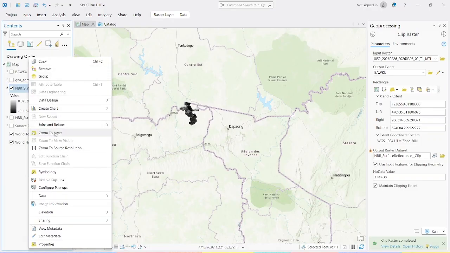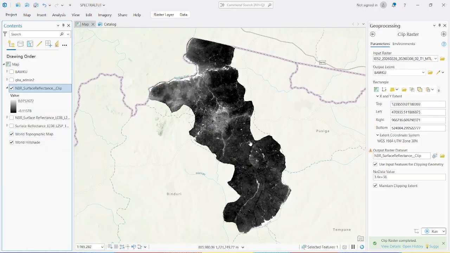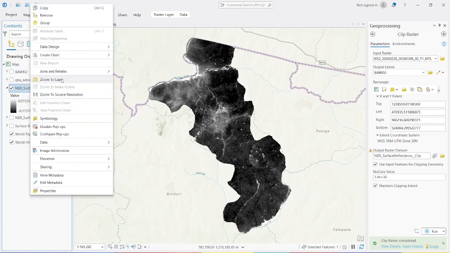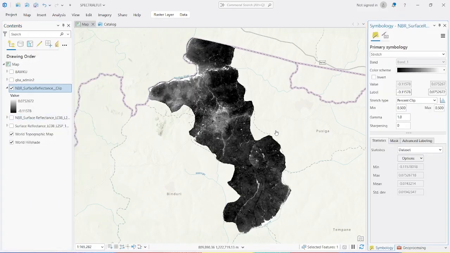quietly sitting here. So now we've extracted. We have our bent area, and then we have clipped it. You can just play around. You can go to symbology. Because it's a bent area, you can use red to green. So we change this to